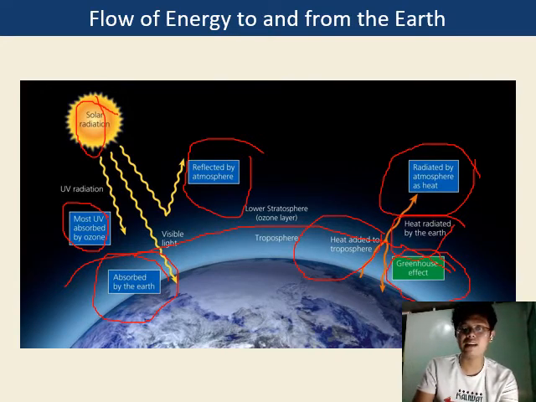So the greenhouse effect is like a covering blanket of the Earth that protects us from the harmful radiation from the sun. So the chemicals or substances that are present in the stratosphere, like the ozone layer, and other substances like carbon dioxide and nitrogen are naturally occurring. So they are naturally present in the atmosphere, but because of human activities, anthropogenic activities, we are amplifying the amount of these naturally occurring substances like carbon dioxide. So when we increase the amount of carbon and nitrogen, the blanket that is covering the earth also